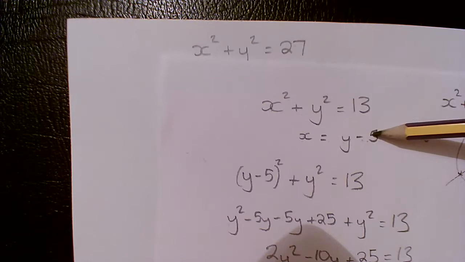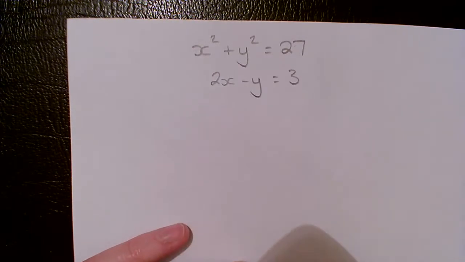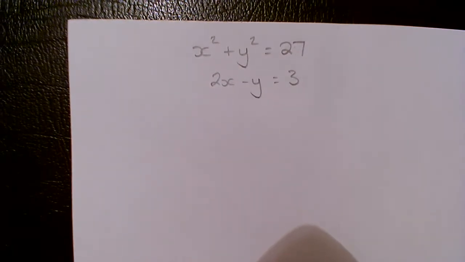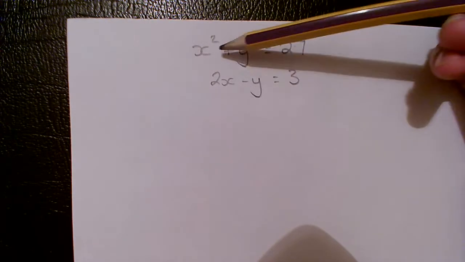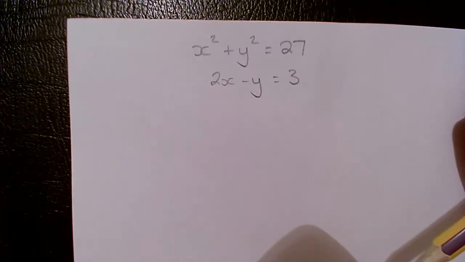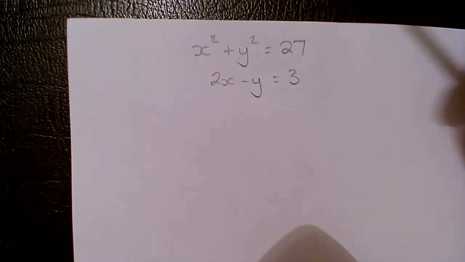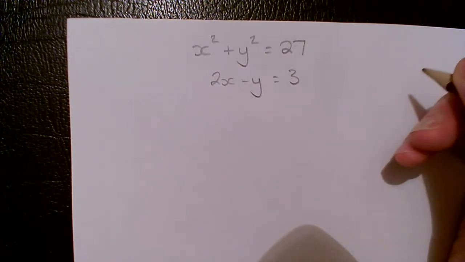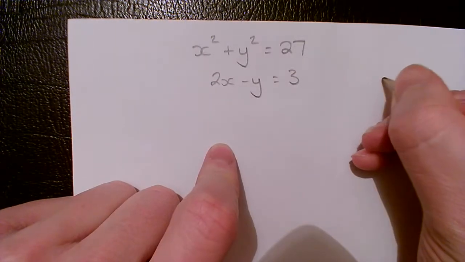But what's different this time is it's not written. The last one told me that x was y minus 5, whereas this one doesn't say x equals or y equals. So I can't substitute it in yet. So what I'm going to do is rearrange it to make it say y equals or x equals. So if I made it say x equals,